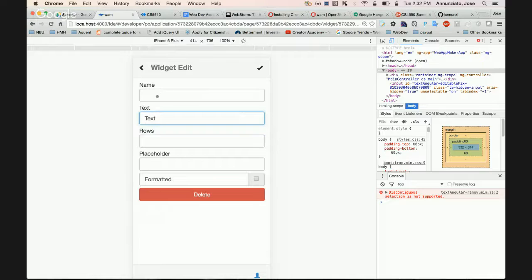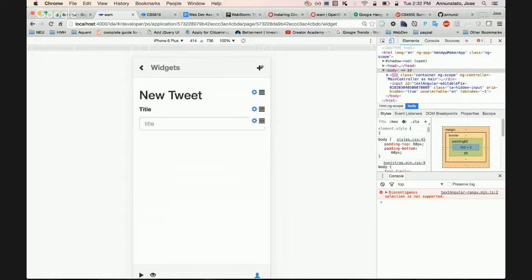I can configure this. Each widget has different configurations, right? So labels have text, and input fields might have how many rows do I want the text input field, right? Just 1 row, 2, 3, how many rows I want. So each widget can be implemented differently. I'll give it a name, title, and I want just 1 row. So that's the default. I don't have to place it. A placeholder. Placeholders are kind of like that grayed out text that gives us a hint of what we're expecting the user to type in that input field, right? I'll say OK. So there it is, an input field.